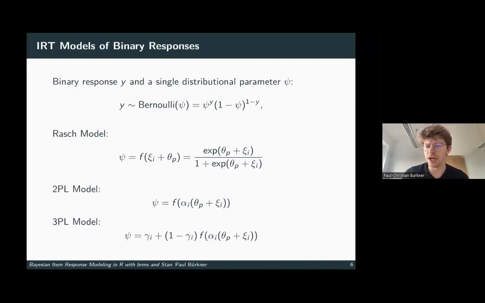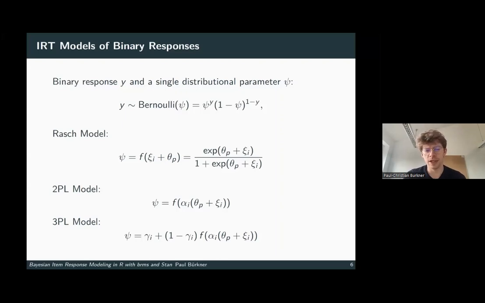So if the discrimination is higher, the steepness of the logistic curve would be higher as well, and we would say the item would be discriminating more strongly. So it would be more informative, if you will, about ability differences. And if alpha i was smaller, then the item would be less informative. So if, for example, you're aiming to estimate person parameters quite precisely with fewer items, then probably highly discriminating items are the way to go, but care also needs to be taken that there's some spread in difficulty